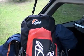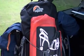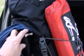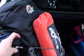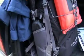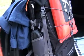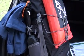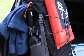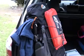sunscreen, hand wash, insect repellent. Over the side here I've got my tent poles and tent pegs, and some spare shoes for walking around the campsite in that pocket. Inside I've got my tent, I've got my sleeping mat, a blow-up sleeping mat with a hand pump, I've got food, I've got my stove